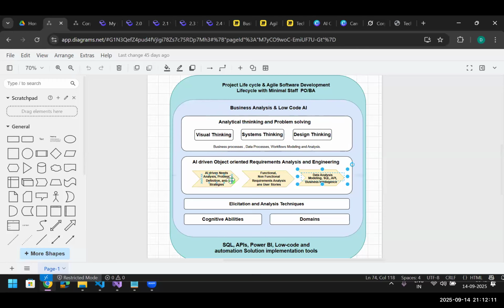How I can understand the problems, goals and objectives of the project or the business, and how I write or understand the requirements, and how I can analyze the data objects, data analysis, using SQL, maybe using APIs, maybe using